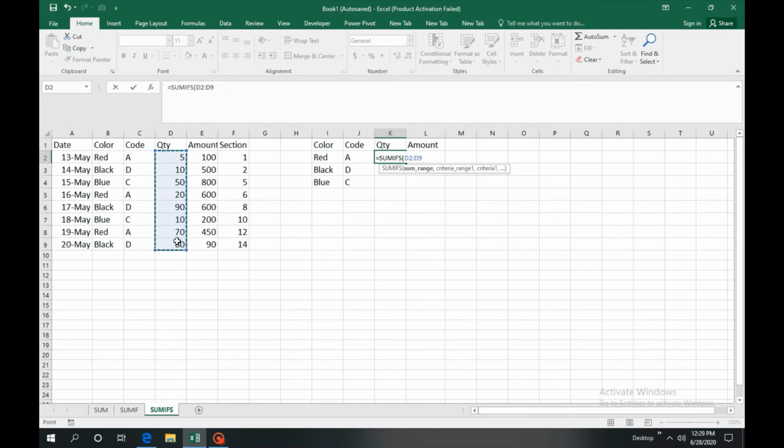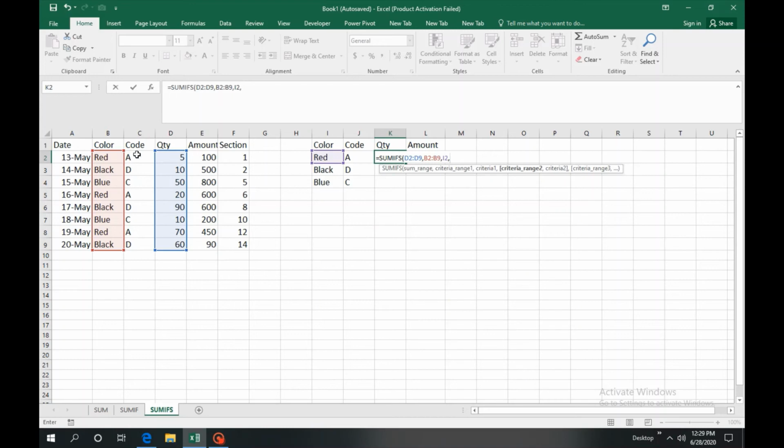So we want the quantity total of red plus A. We will select the sum range, then comma. Now the criteria range is here, then comma. Then our criteria 1, that is red, is in the I column. So we select the I column, red, and comma.